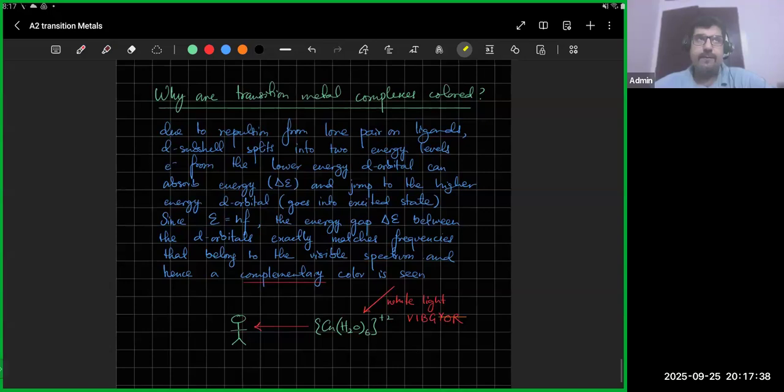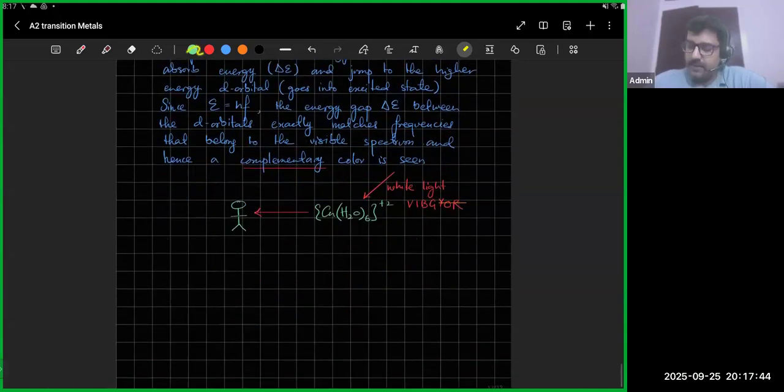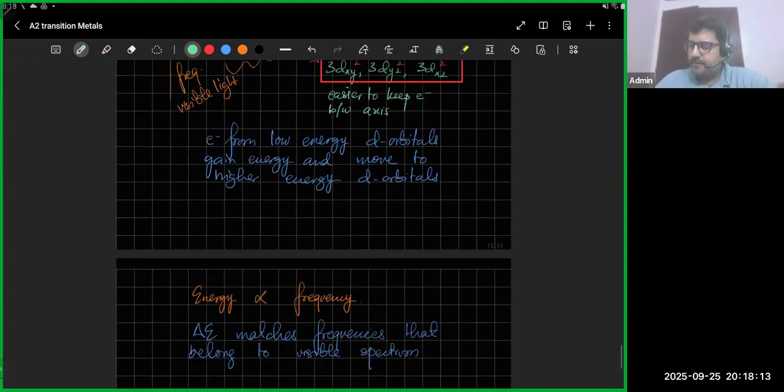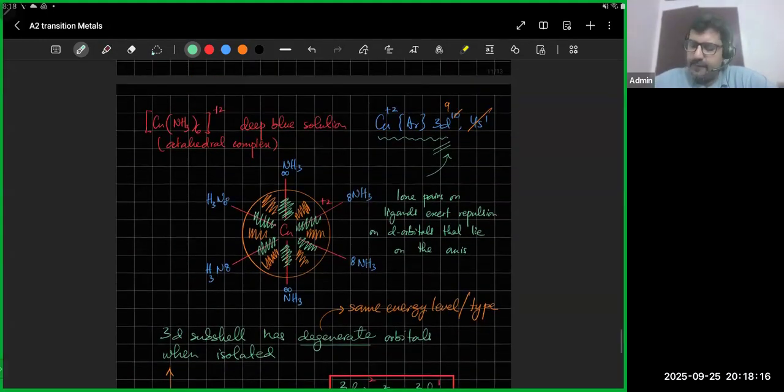Now, the second part of the same question is why changing ligands would change the color of the complex. If copper is with water, it's blue in color. If copper is with ammonia, it's deep blue in color. So the second question is why ligand exchange changes the color of the complex. The answer is pretty simple. If you change the ligand, so for example, if instead of ammonia I replace it with water,